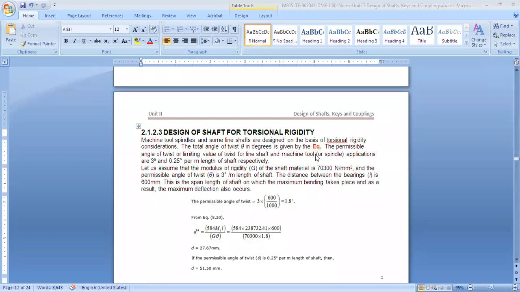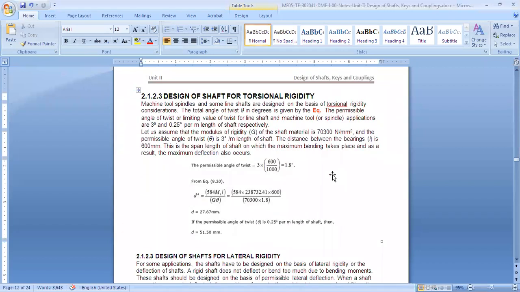Okay. So basically, what we are saying is that for torsional rigidity, we will be given that the shaft is allowed 2 degrees or 3 degrees to twist. If we know that, then we can do the design of the shaft, meaning we can find out the diameter. Theta is equal to 584 MtL upon G d raised to 4, right? Similarly, d raised to 4, if we know Mt, the twisting moment or torque, if we know the length, G and theta, then we can find out the diameter of the shaft. So we can design a shaft for the torsional rigidity.